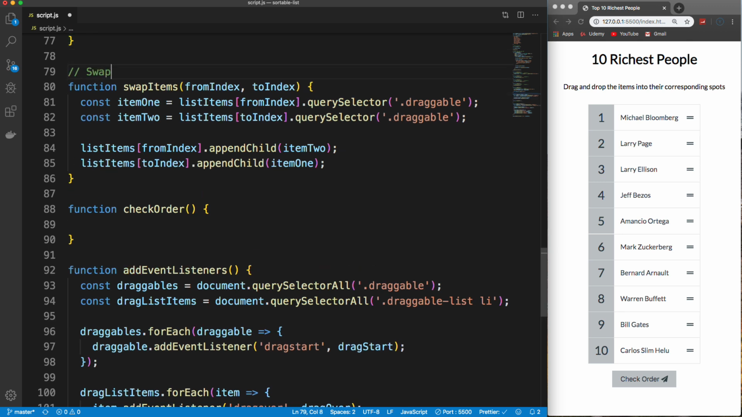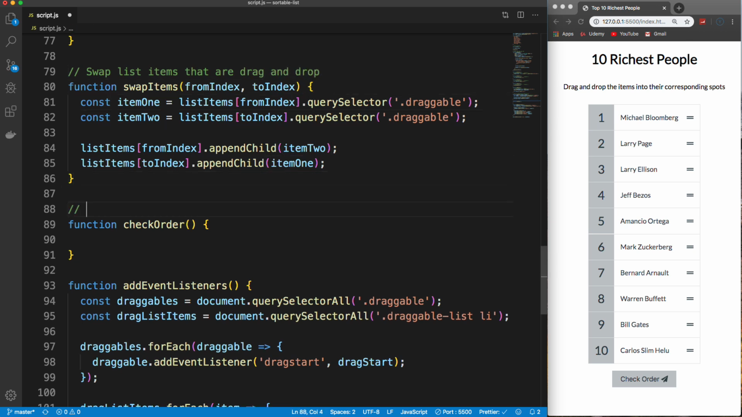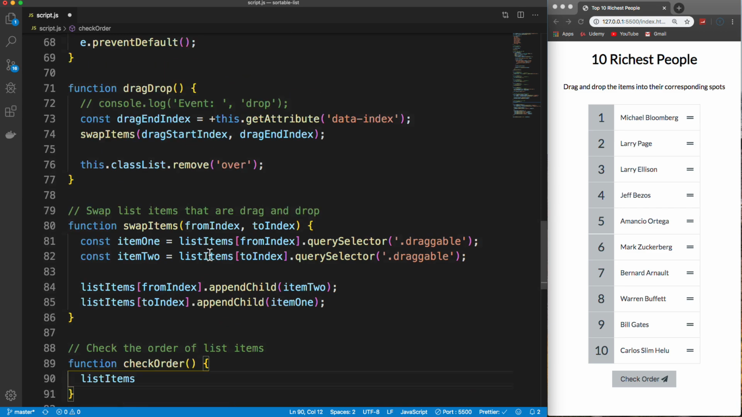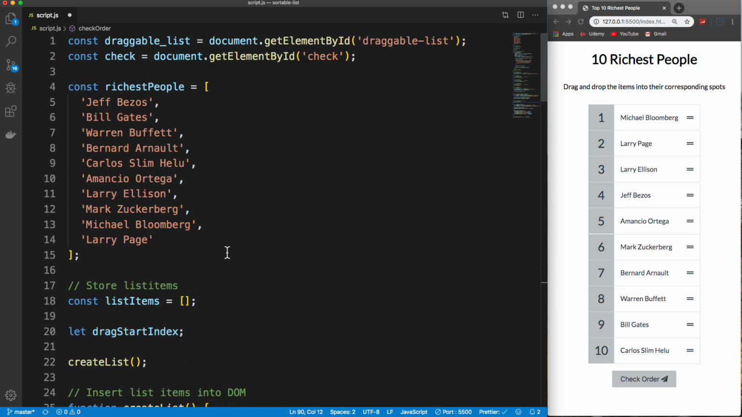So we'll say swap list items that are drag and drop. And then for check order, let's say check the order of list items. Actually, we don't need to say on button click because that's not part of the function. So for check order, we're going to take our list items, okay, and just to refresh, list items are